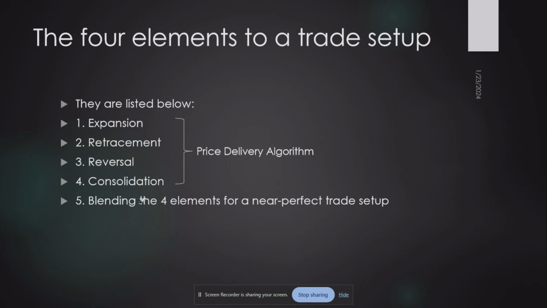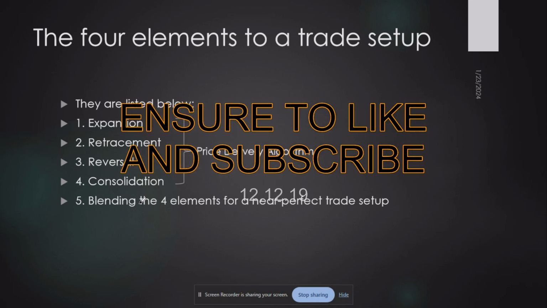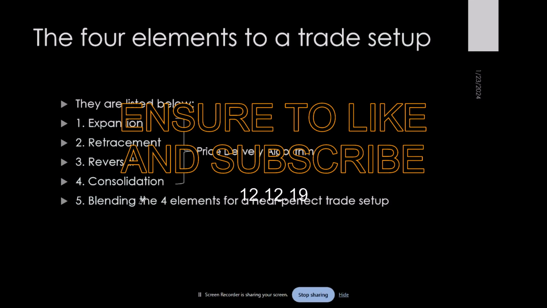The narrative is just you understanding what price has already done. So the first one we'll be looking at is expansion, and the definition says expansion is the fast price movement away from a level of equilibrium. From our first week, I explained what dealing range is and what